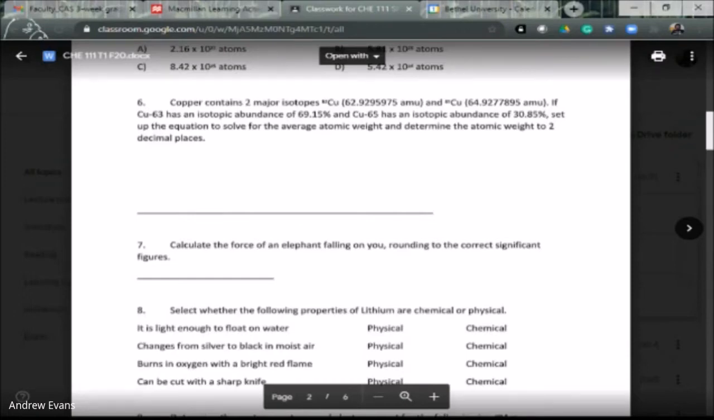Calculate the force of an elephant falling on you, rounded to the correct number. Okay, this is one of those. I think I actually need to open this with Word. I'm going to skip part of this test, because what you may have to do is open this with